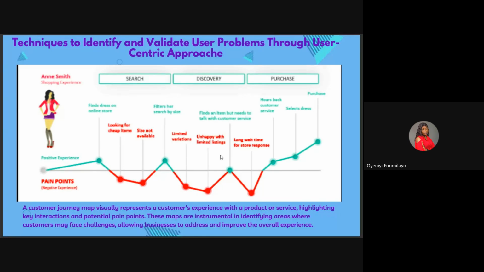Now, let's say you're selling dresses. Of course, maybe let's use a very small entrepreneur, like the regular one we know that will advertise on Instagram and all of that. You can also do a customer journey map for yourself, because of course they will come to your page. The most important thing is to make sure that the stuff is available on your page. Now these customers have found what they want from your Instagram page.